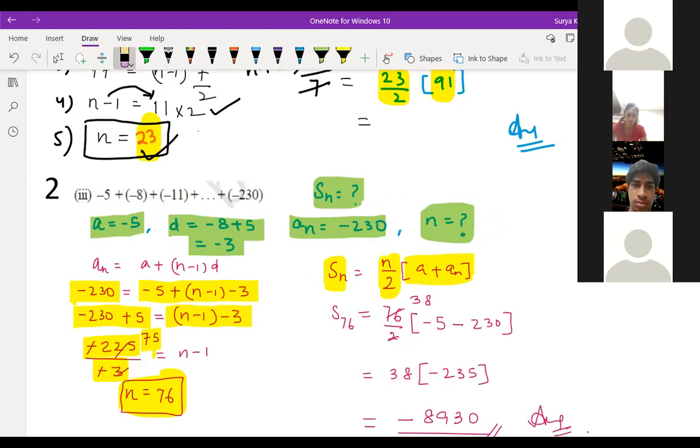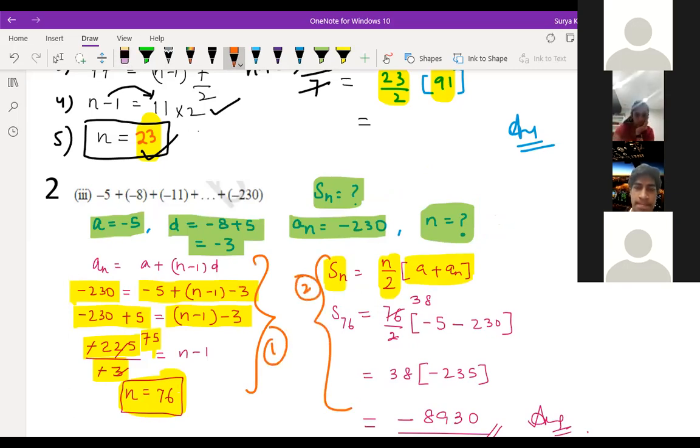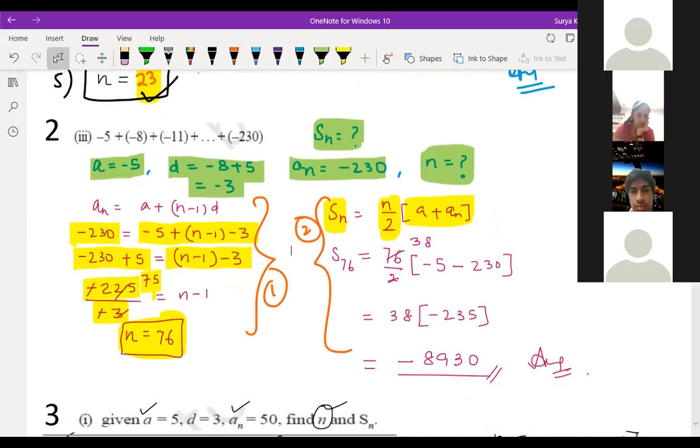Any steps you are having doubt, children, first or second? This is the first part, this is the second part. Which part are you feeling difficulty with? I don't think you people have doubt, right? Just see for 1 minute. If you're having doubt, you ask. Remember, in the first main, n was given in the first question, but in the second question, we have to find n, then reach Sn. That is the only difference. One step is getting added over here, okay?